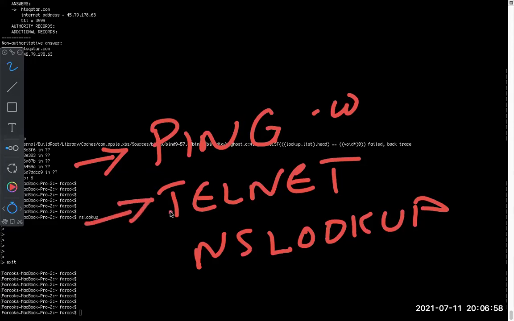Telnet, I know many of you use it very well, but many of us. I'm approaching it like a junior system administrator level here. Many of you are very senior, I know, but just pardon me if I'm assuming that you are dumb. I mean, you are not. I know that. And nslookup.